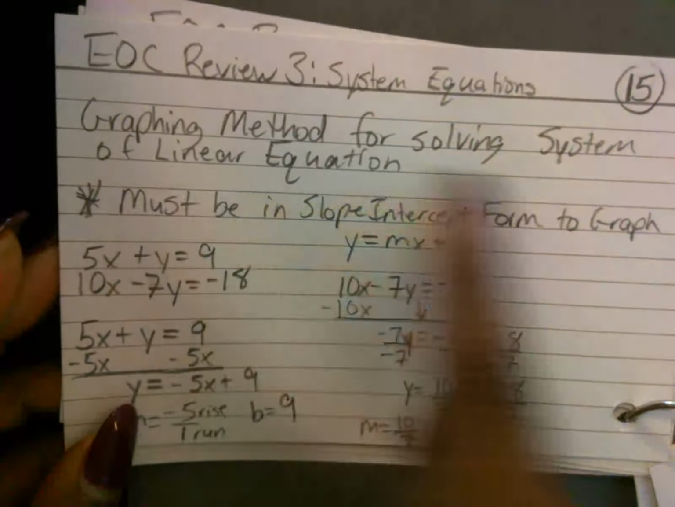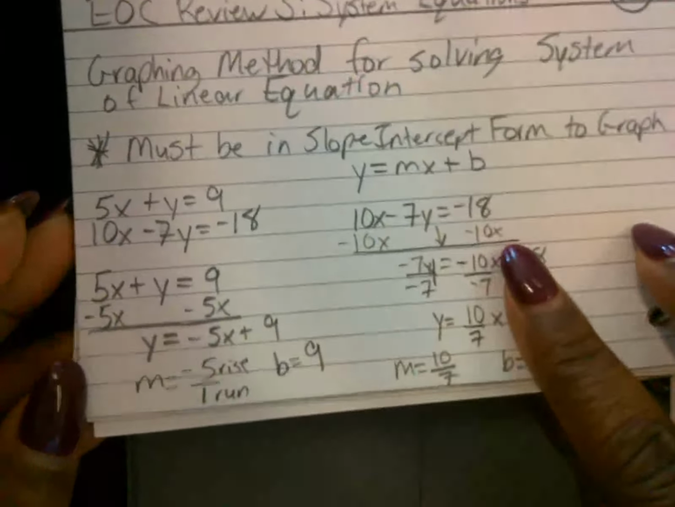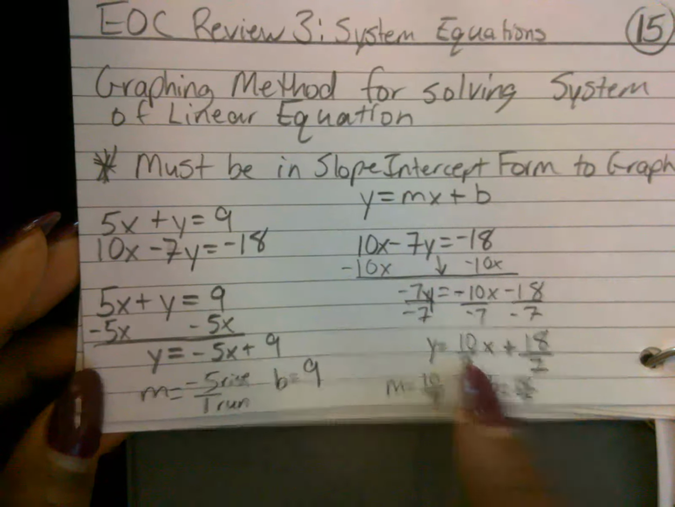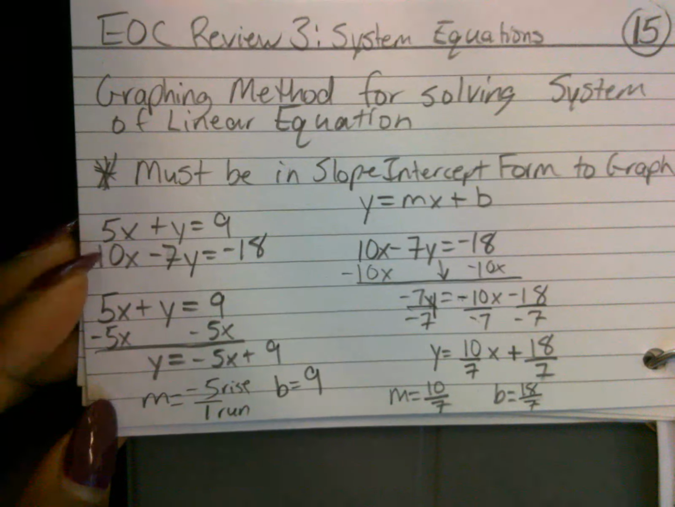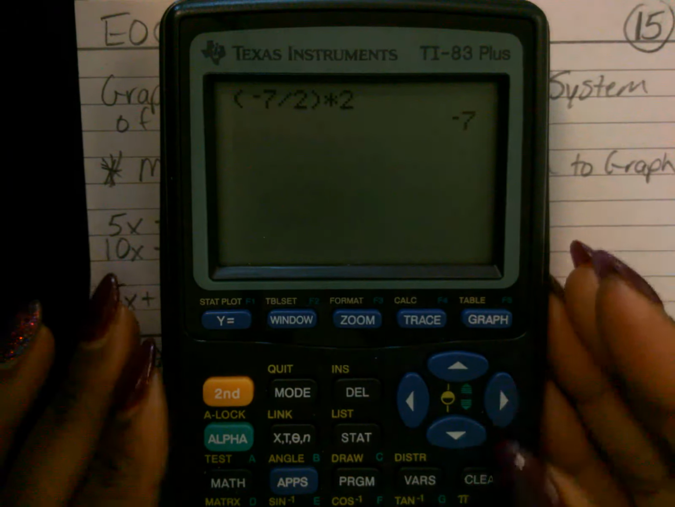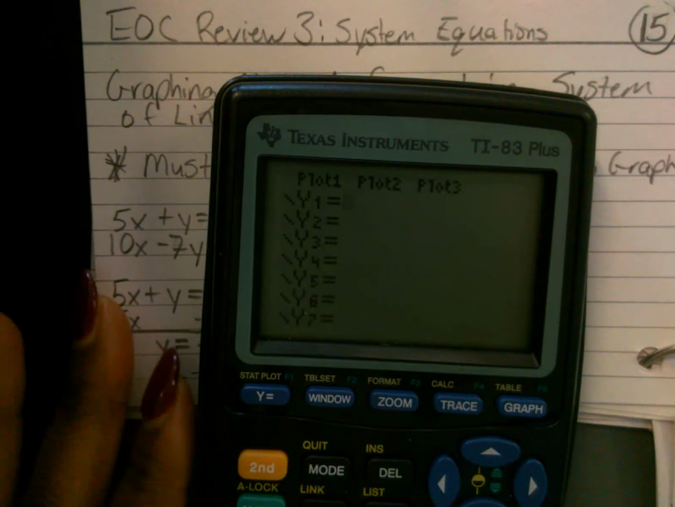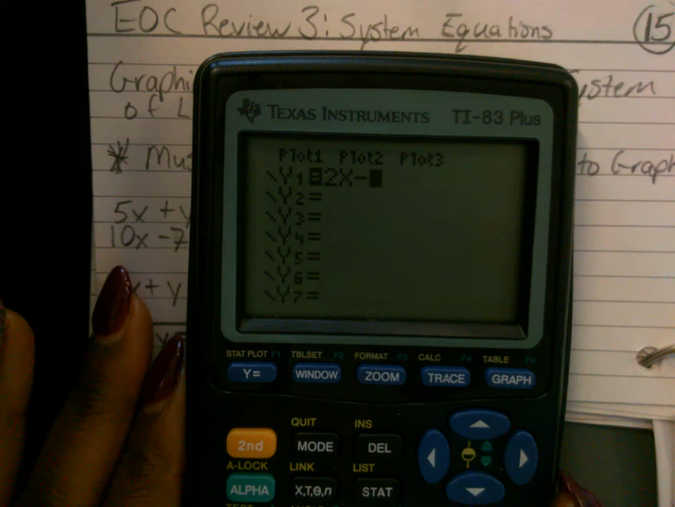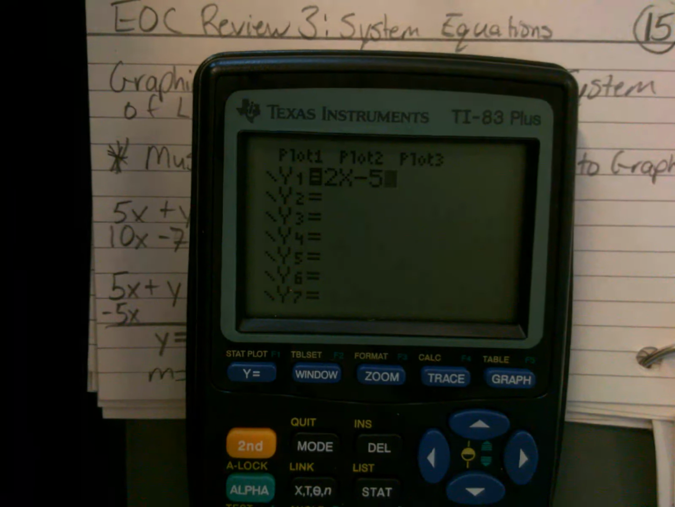15, the graphing method. Graph them. That means in order to graph them, y'all, they have to be in slope-intercept form. You write them in slope-intercept form and then put them in the calculator and graph. Do not forget that when you type equations in the calculator, you go to y equals, you type in the equation. Let's do a simple one. 2x minus 5. Type that in. Then type in the other equation. Let's do negative. Let's write this. Negative